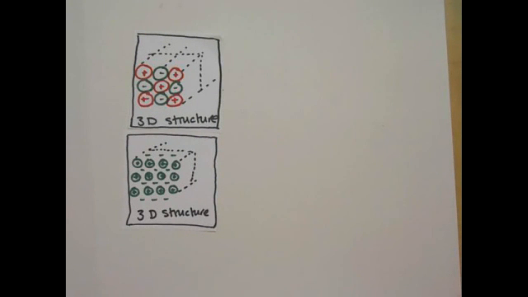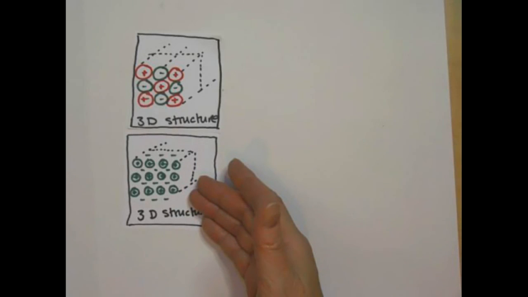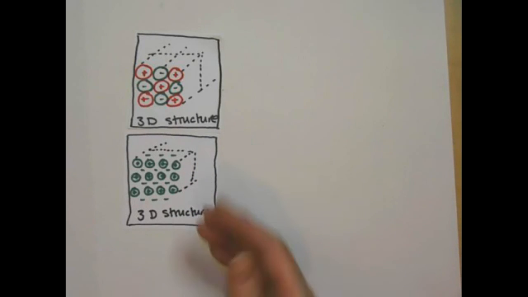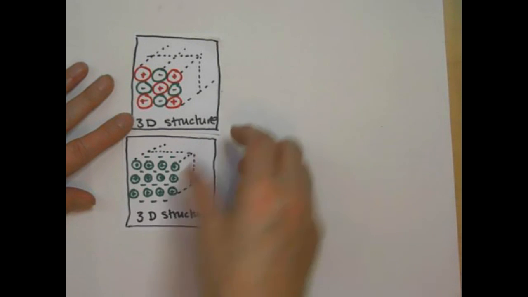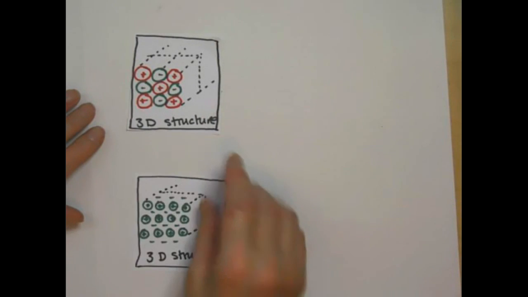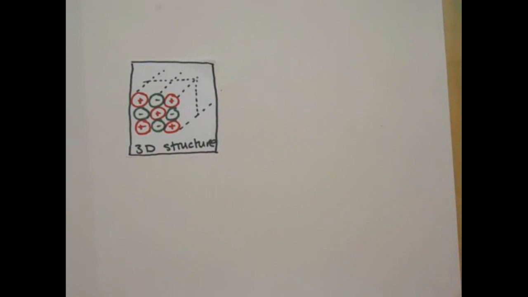And the reason for that would be that it's got stronger forces of attraction between, in this case, either oppositely charged ions or between the ions and the sea of electrons. So the boiling point gives an indication of the strength of those bonds. So typical exam questions do tend to ask you to compare and to explain. And in some cases, you may think that the boiling point should be very, very high for something like this ionic compound here. But if you're asked to compare it with something like